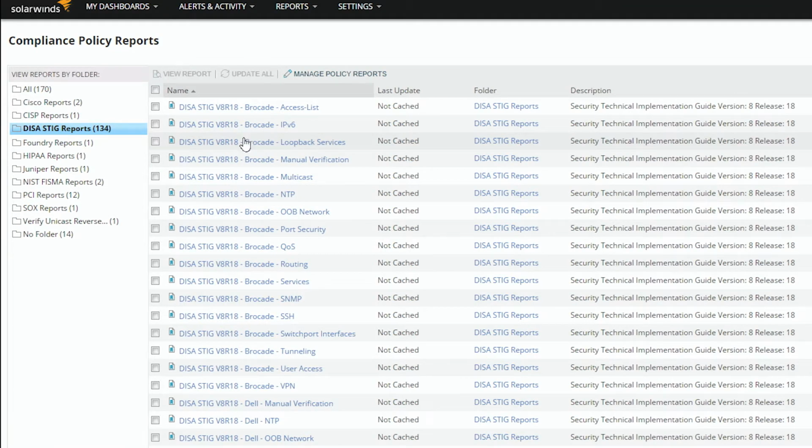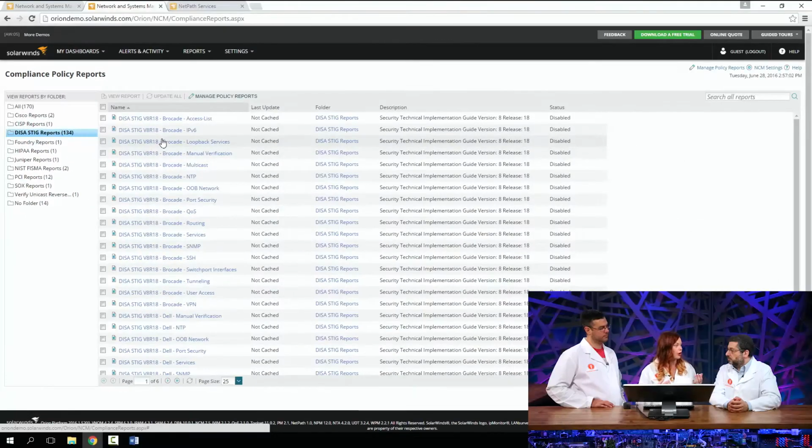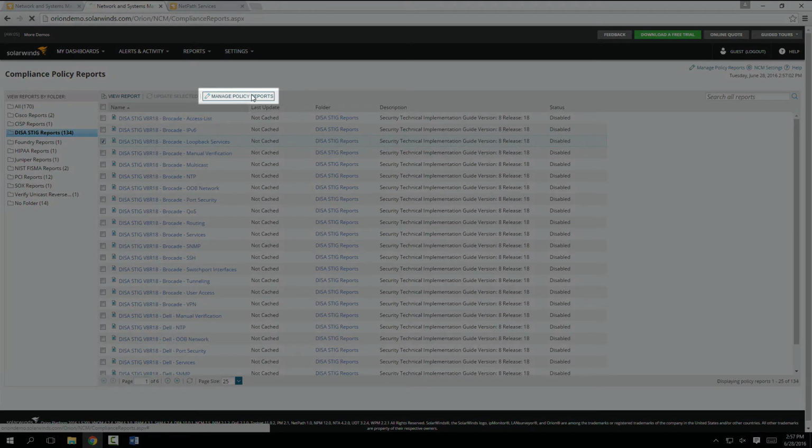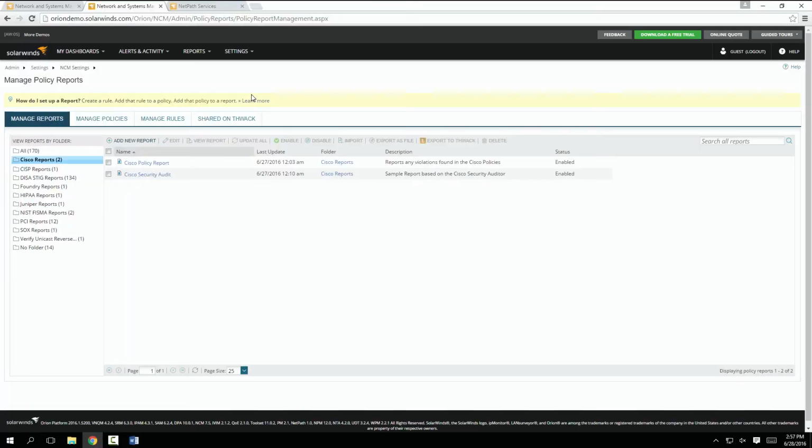Well, a lot of people are just starting off creating their security policies. A lot of times you're kind of curious if maybe my policy is not up to par, or am I really monitoring what I need to, or are things actually set up correctly with my security. You can use these as a benchmark. You can use these as a template, because you can actually go into these and change them. You can copy them, take out some of the rules, create new policies, and then roll those policies up into